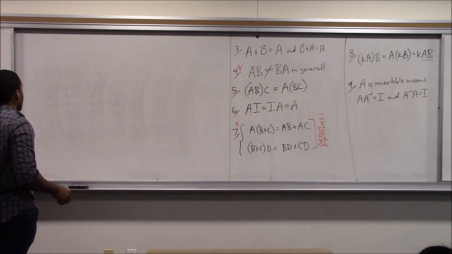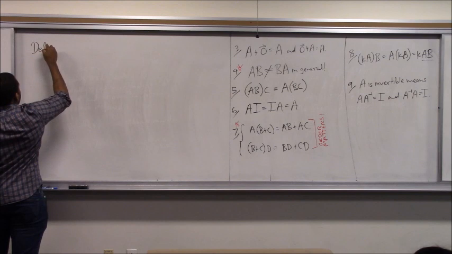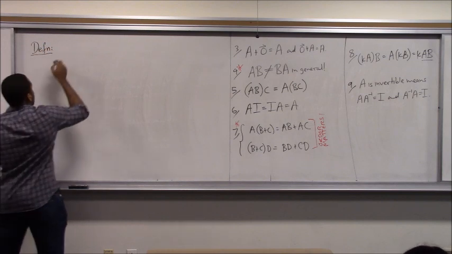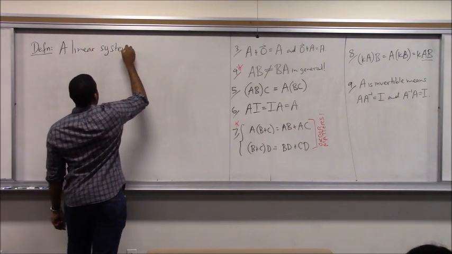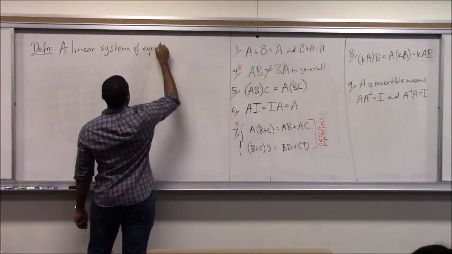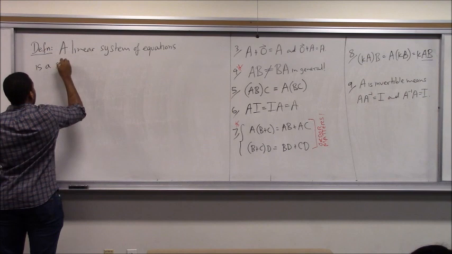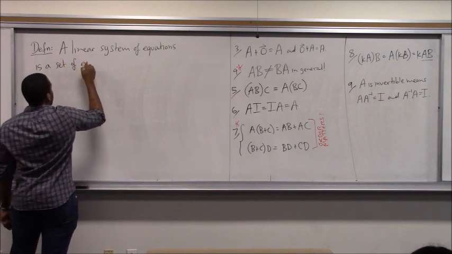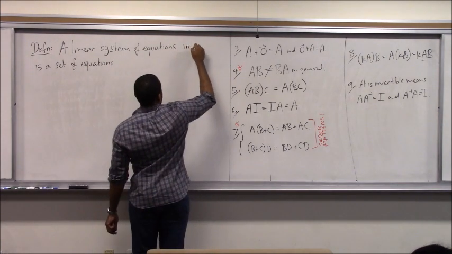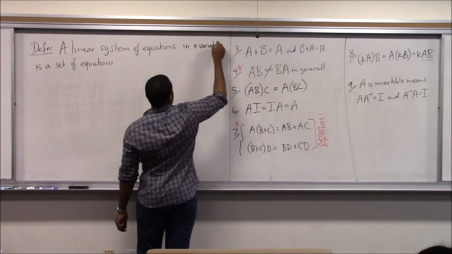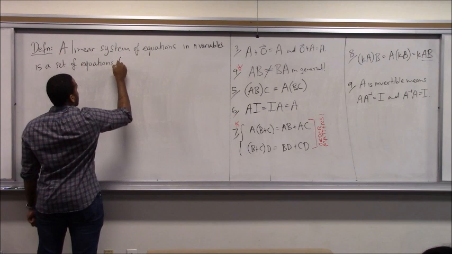Now you might remember this. I'm going to write it down in a very specific way. Recall definition. A linear system of equations is a set of equations in n variables. Let's say that is a set of equations of the form